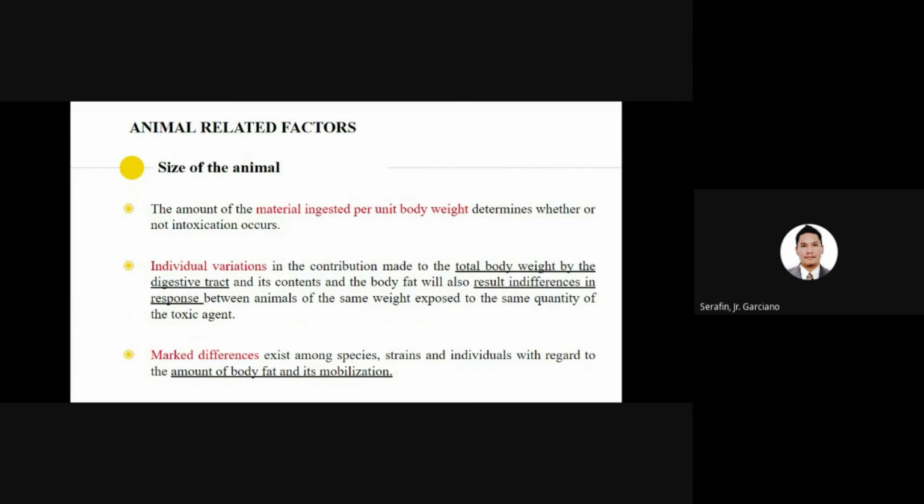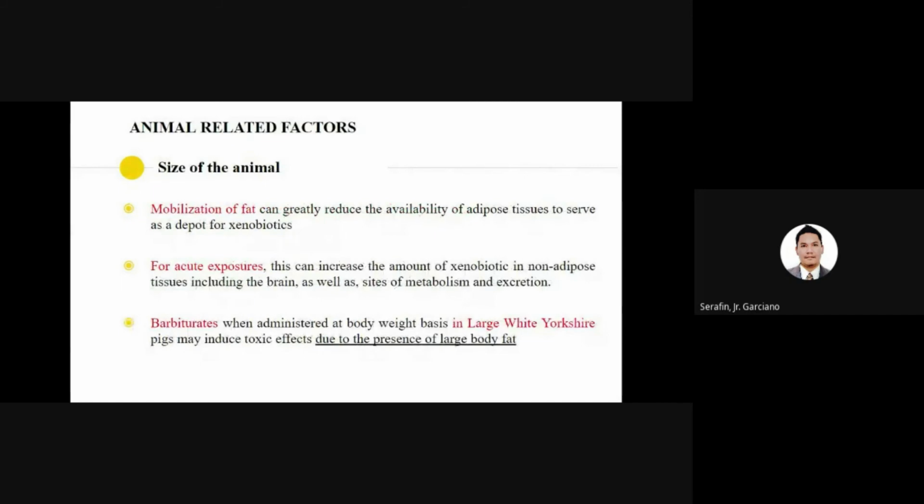Also, marked differences exist among species, strains, and individuals with regards to the amount of body fat and its mobilization. So, according to the mobilization of fat, it can greatly reduce the availability of adipose tissues to serve as a depot for xenobiotics. So, if there is a high mobilization of fat, it will reduce the availability of adipose tissues,